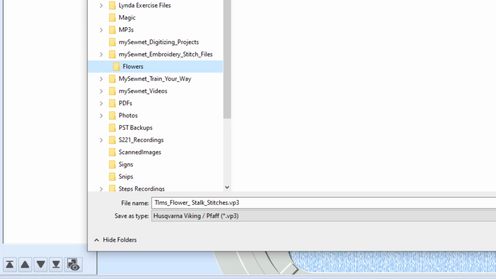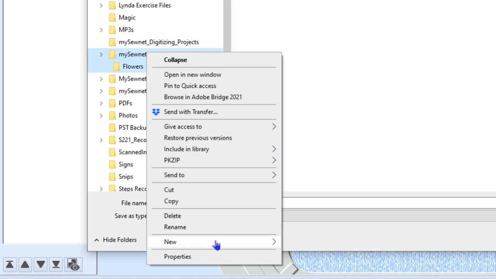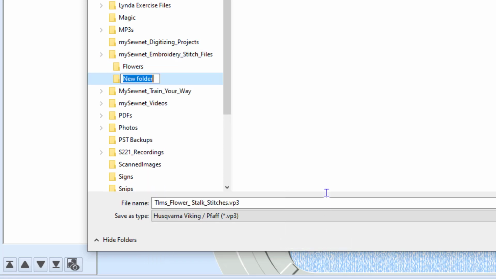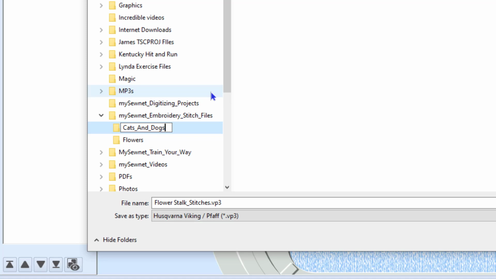So that I'll know all my flowers will be there, and I'll right click here and I click new folder, and this one I'm going to name cats and dogs, and hit enter. So that I know immediately maybe the next design I have in mind is going to have a cat or dog in it. So I'm going to put it into flowers, and I click on that to select it,